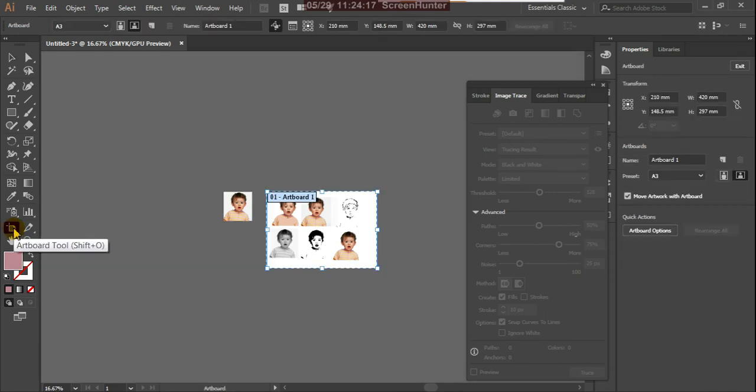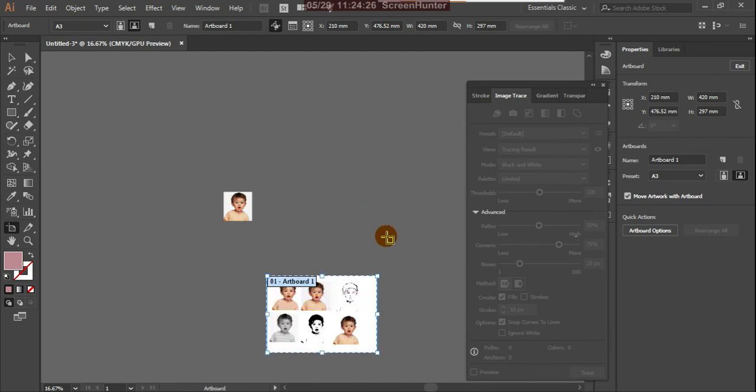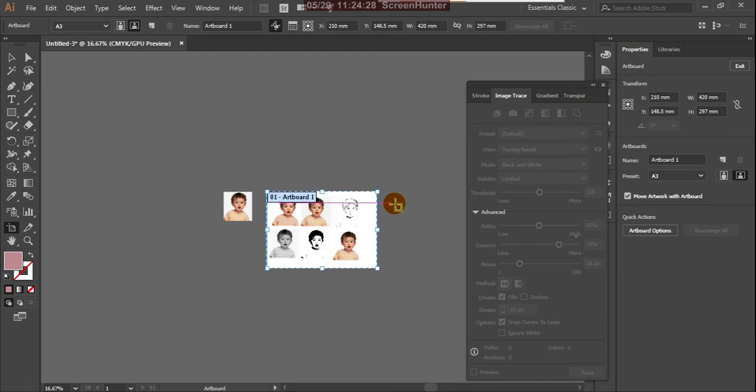Next we create one more artboard. Okay, and drag this side, Control Z. Yes, this is.